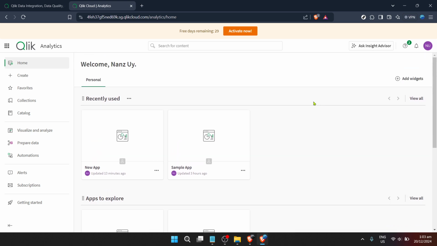Now it's time for some credentials. To gain access to your apps and scripts, you'll be prompted to enter your email. It's crucial to use the email associated with your Qlik account to avoid any login issues. Once you've entered your email, you will then need to input your password. These steps ensure that your scripts and data remain secure while providing you access to your work.